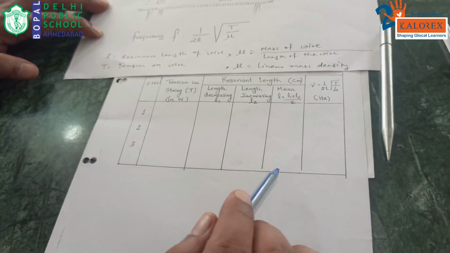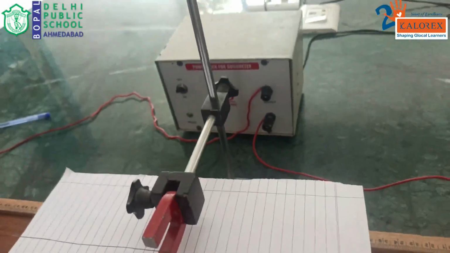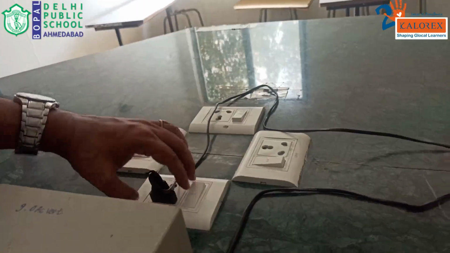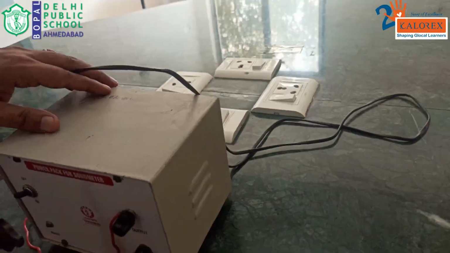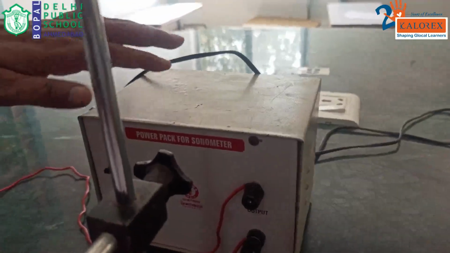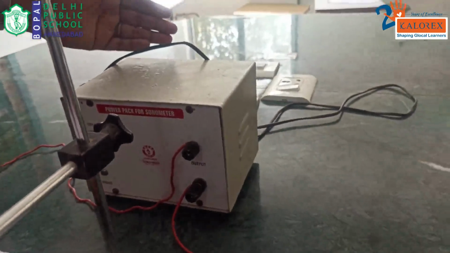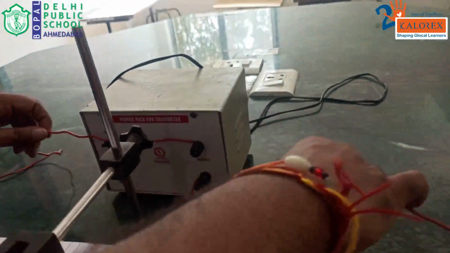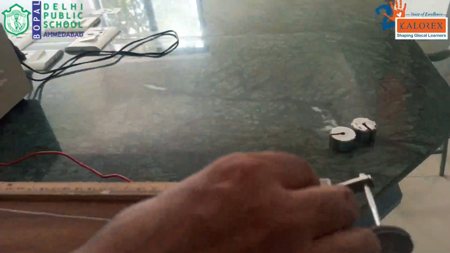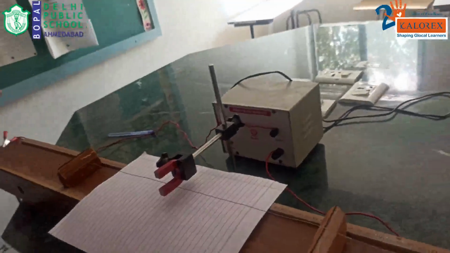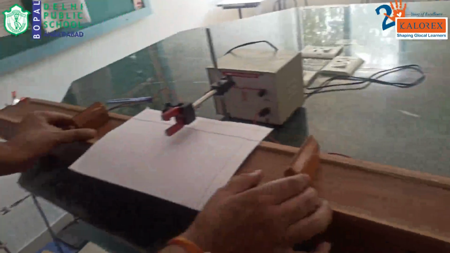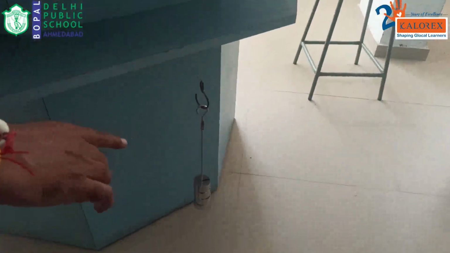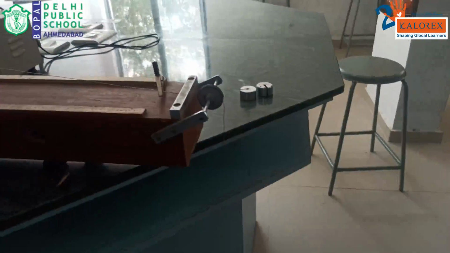Let us go for a practical understanding of this experiment. So here is the sonometer setup, and we are starting the AC mains. The AC mains is connected to a device called a transformer. It is a step down transformer which converts a high voltage AC signal to a low voltage, and the two outputs of the AC voltage are connected to the two extreme ends of the wire. You can see this wire is kept under tension by suspending a weight here, and this weight is known to us.